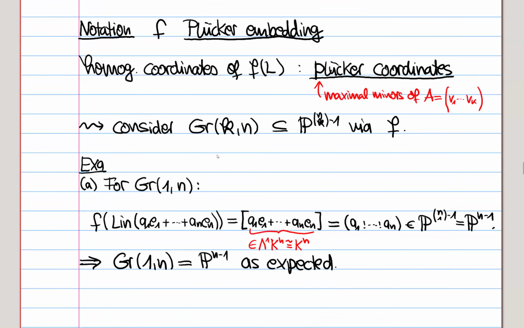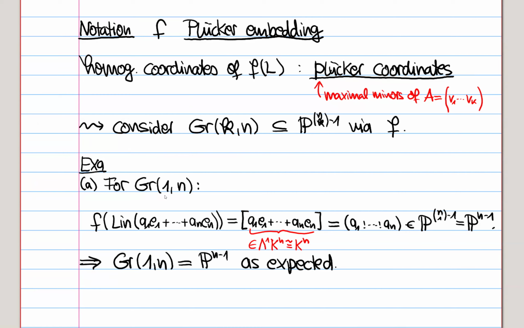And yes, so we consider this as a subset of this projective space, and then in the following videos we're going to see that this is indeed a closed subset. For now, let's just look at some examples. So we have already seen the Grassmannian of one planes. This should of course give us back exactly the definition of projective space, because this was defined as the space of